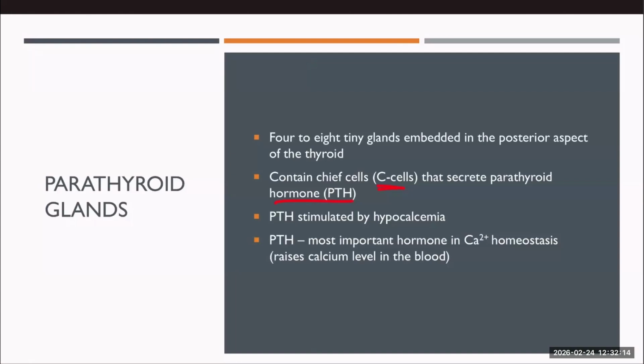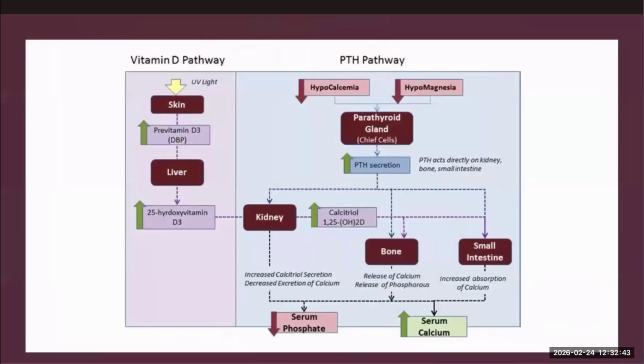So it's like when you have high growth hormone or high cortisol, the high cortisol itself is causing the problems. With parathyroid hormone being high or low, the hormone itself is not causing the problems. The problems are coming in from the calcium issues that happen as we go through them. PTH is stimulated by hypocalcemia, so low calcium in the blood. PTH comes out. PTH will start breaking down our bone, which dumps calcium and phosphate into the